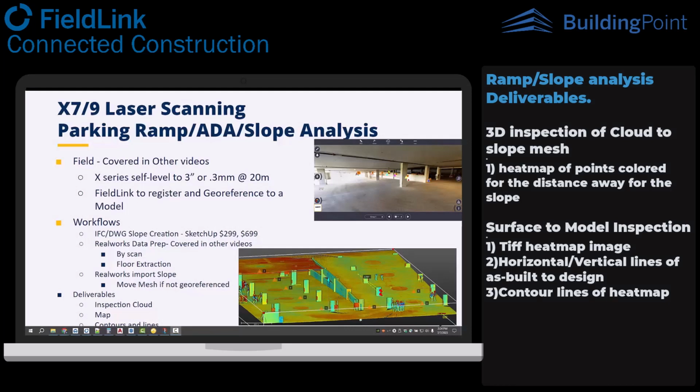Today's video, we're actually going to go through some processing of slope data for a parking garage, but the same can be done for an ADA ramp or really any slope analysis. Collection has already been done, and we've covered in a couple other videos how that's done, but it is important to mention that with FieldLink and either the X7 or X9 is how you're going to be able to achieve